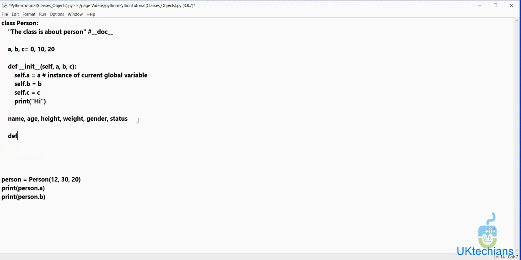We will say the value of set name will be here, so we will add name here, and this, and the self dot name will store the name, right?